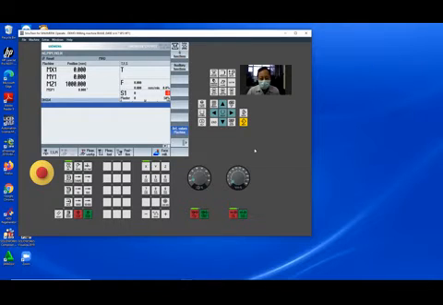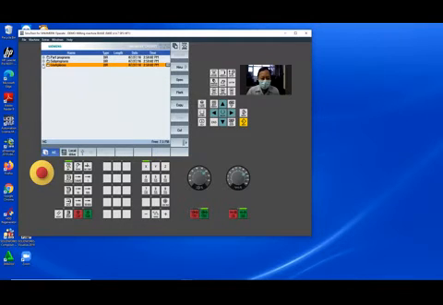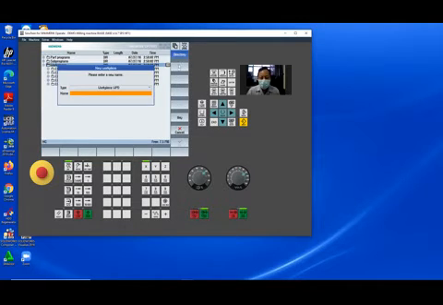Okay, let's continue. Start with turn this 100% and also this 100, and hit start and spindle start. Then select this program manager, pull down this, select this new directory.